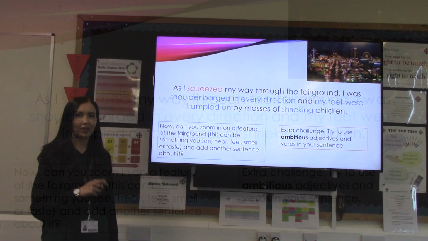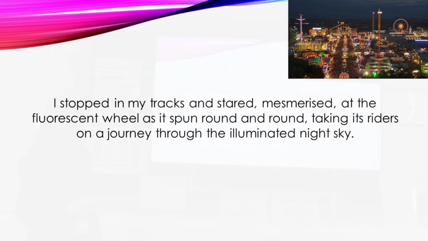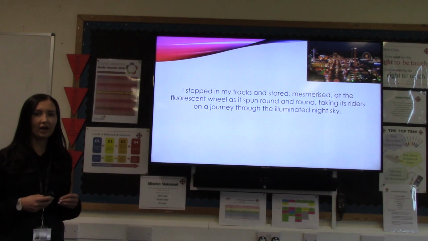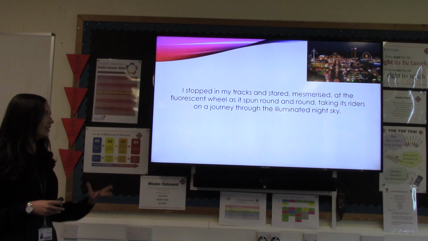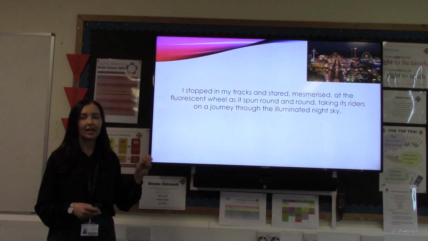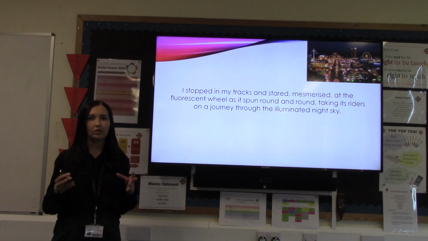Okay, well done guys. I'll show you what I've done. So my next sentence is, I stopped in my tracks and stared, mesmerised at the fluorescent wheel as it spun round and round, taking its riders on a journey through the illuminated sky. So I've used my sense of sight here, but what I've done is I've been very specific. I've not just said I could see a big wheel, okay? I've talked about how it's fluorescent, how it spins round and round, and how it goes through the illuminated sky. So I've used my ambitious adjectives here to make it a lot more vivid and a lot more specific